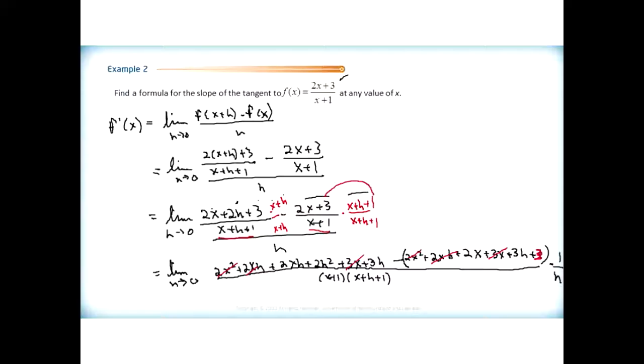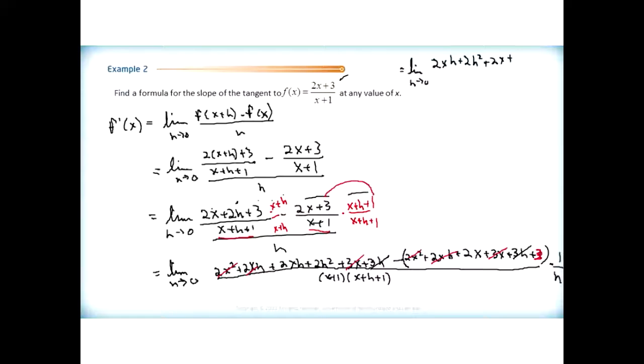Okay then, so let's try to collect up all of the things that we have left over here. So if we can do that, I'm just going to put it all up on the top of here. So we're going to have the limit now as h approaches 0. And what's left over in the numerator? We'll have a 2xh and a 2h squared. And oh, look, we forgot to cancel here, a 3h and a 3h. When they're subtracted, they're gone. So I've got 2xh, 2h squared, looks like a 2x